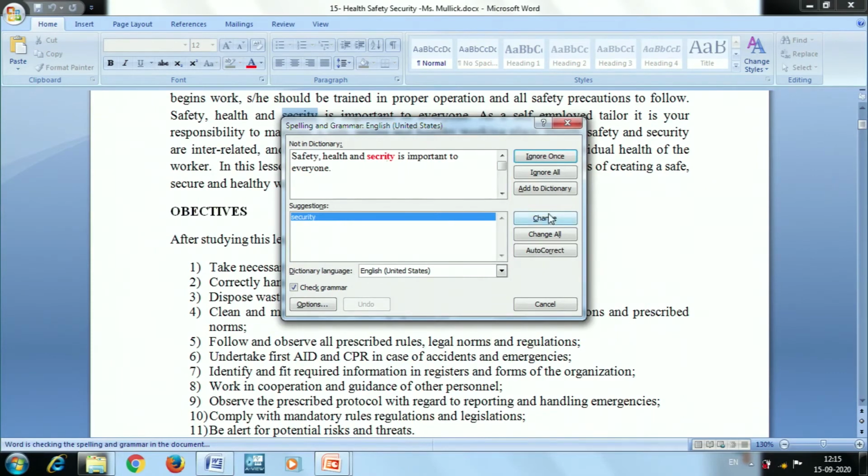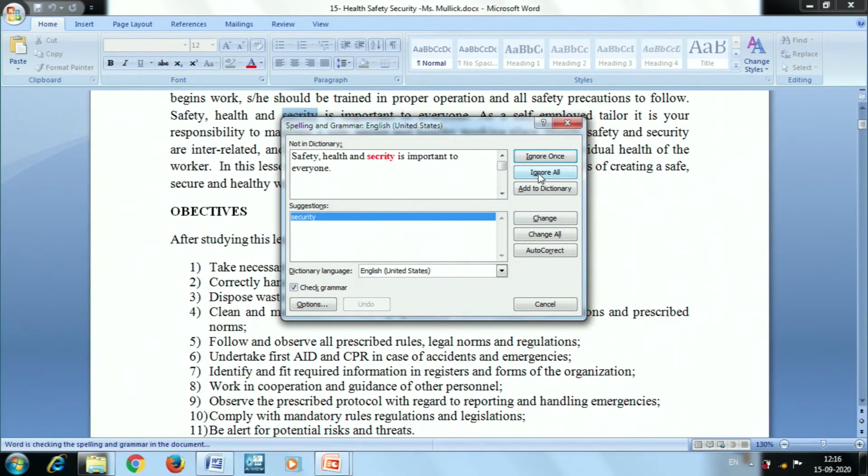If I click the change option, then whatever suggestion is given by Microsoft Word will be applied to the particular content. Or I can ignore the suggestions given by Microsoft Word. Since this is the one word which is misspelled, it's showing the options for the particular word, and it has only one option. If the same mistake is there in many places, we can click ignore all.